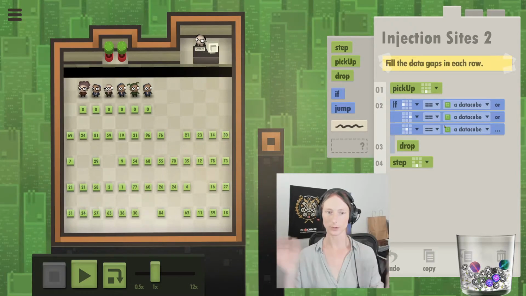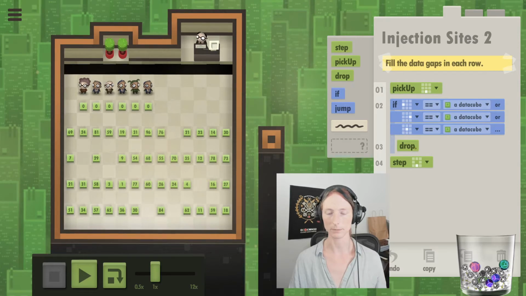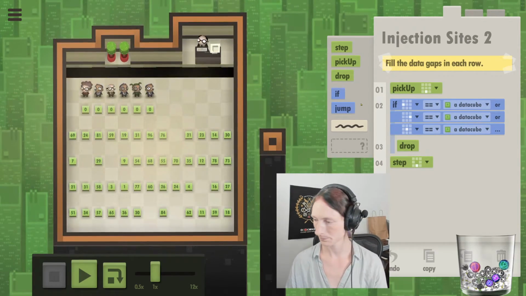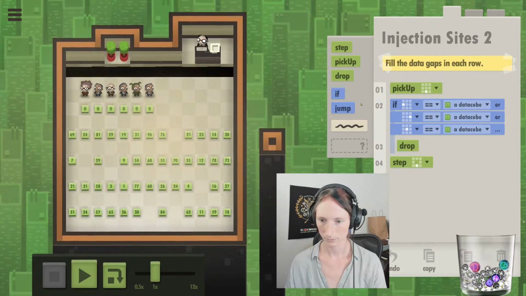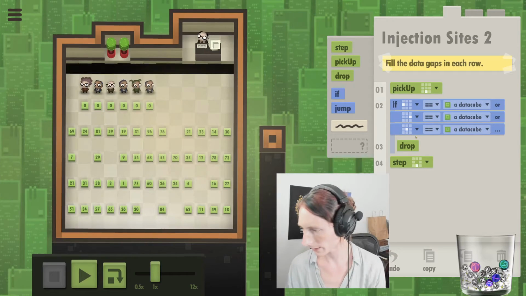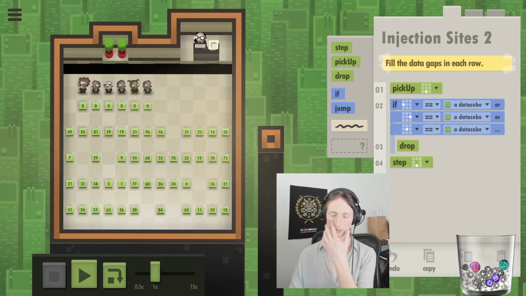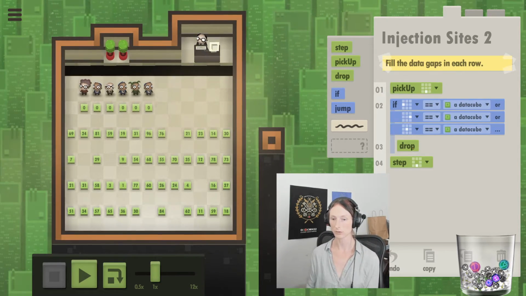Either square next to them could have a block, and so we should drop it because we're in line there. So let's go ahead and we try to drop it, and then if the exception is thrown,